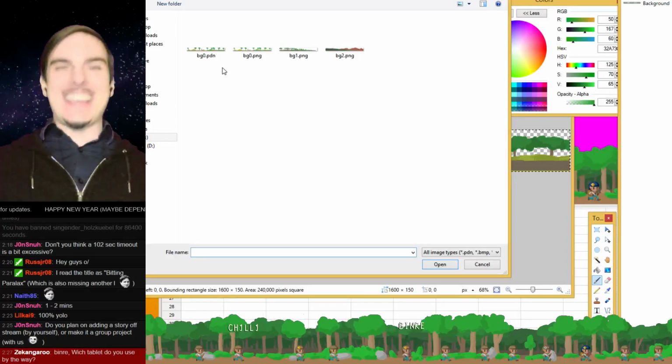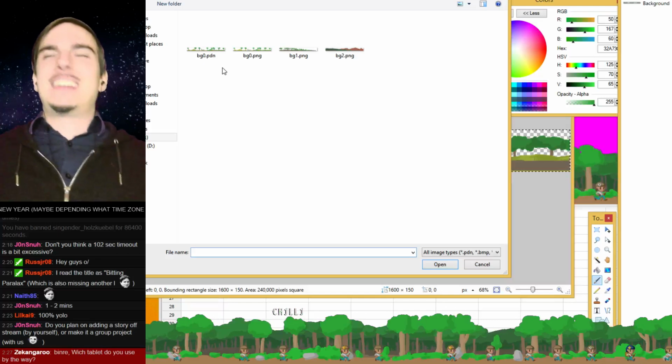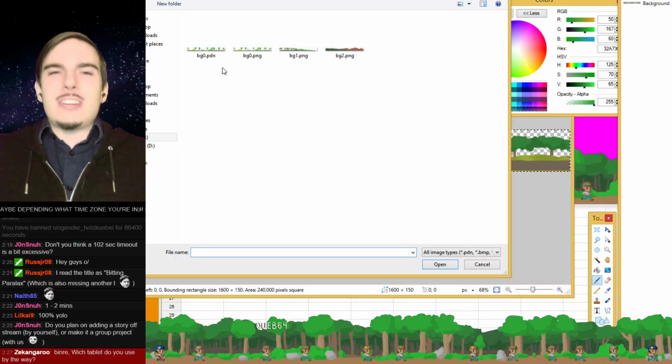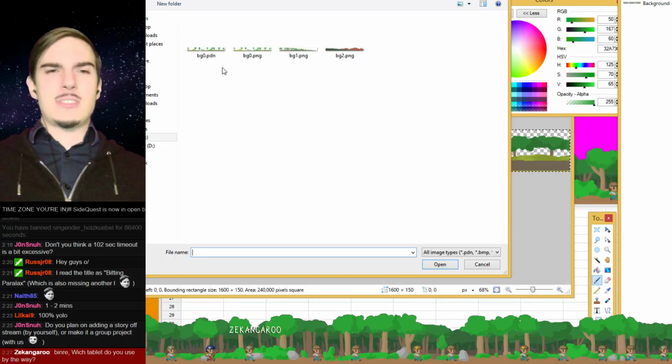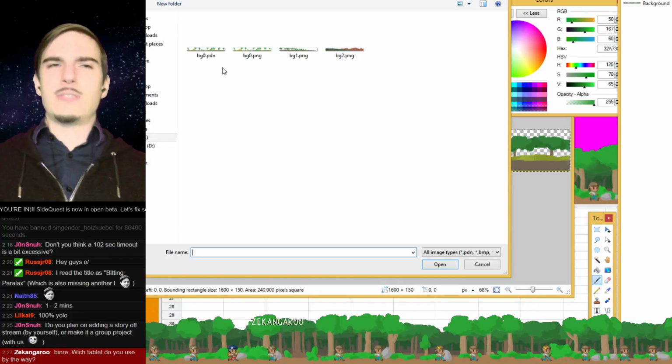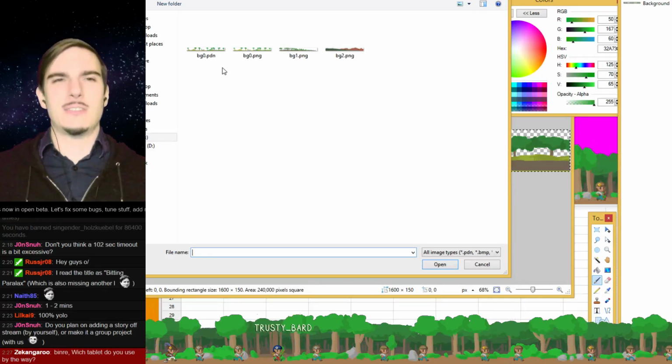I was going to say I could cover it up with trees on the front layer, but the front layer moves really fast relative to the other layers, so it wouldn't. Wait, no, I could do this if I wanted to. I could just